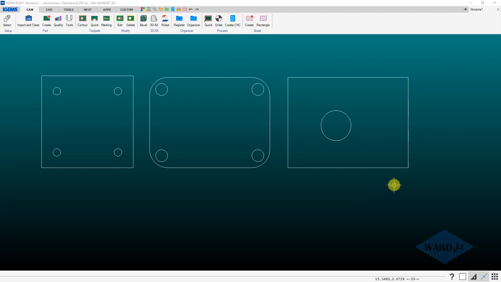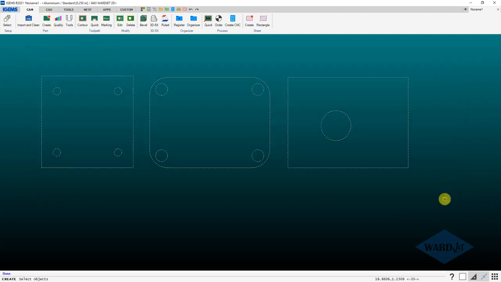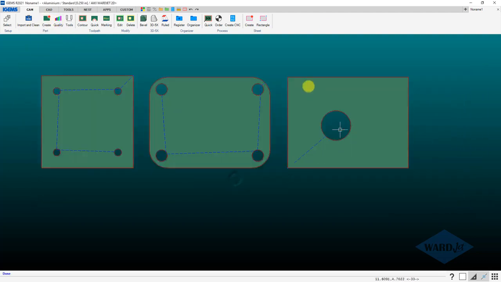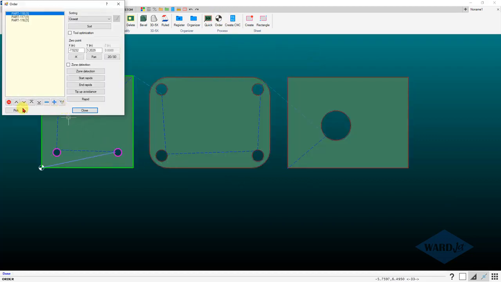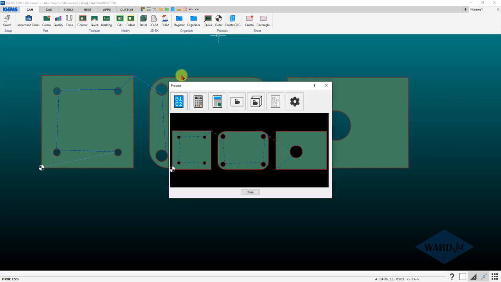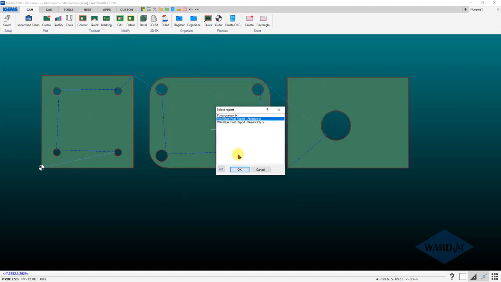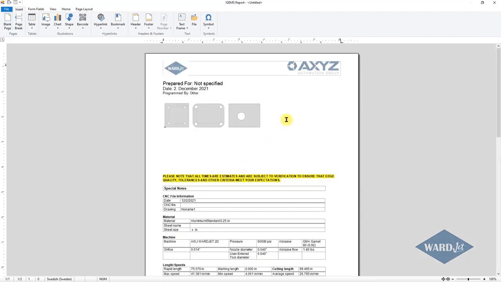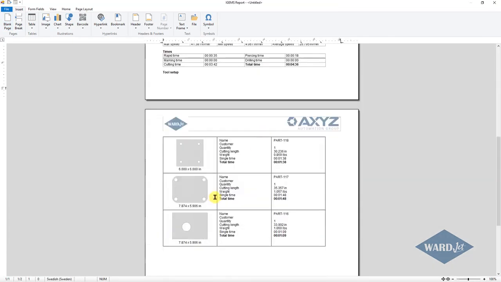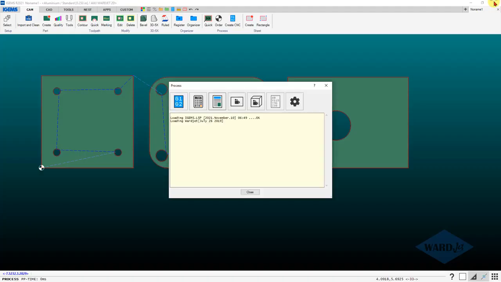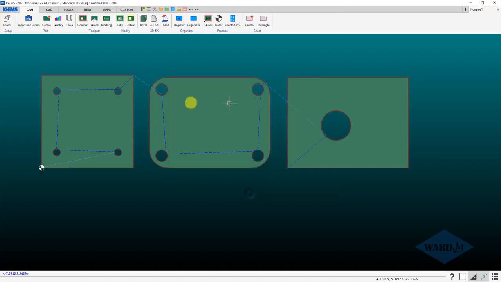In this video, I wanted to show you how to get colored parts on your report. So out of the box, when you create your parts, it'll show up green like this, and you set your cut order. And when you do your report, you'll get gray parts like this. So if you want to get them colored,